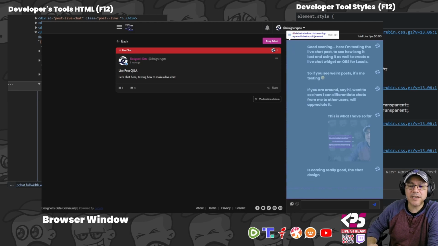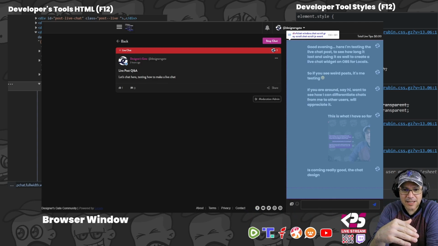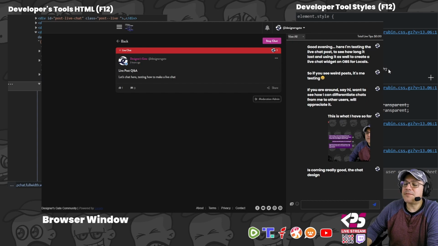So that's the parent of the chat history. So I want that, which is a flex object, to have the object at the end instead of the top, at the bottom instead of the top. So selecting that chat scroll,